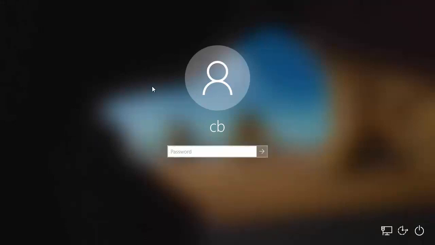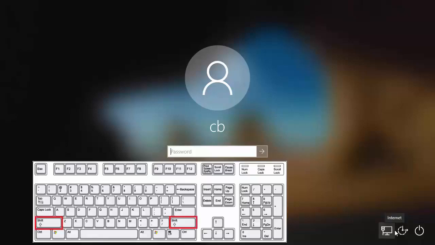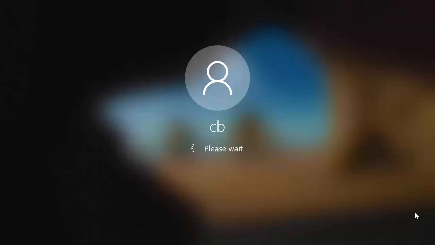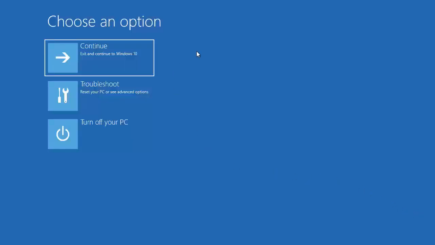So for that, most probably you will see this window when you start your Windows operating system. On the login window, you will be able to see these options at the bottom right corner. So what you need to do is just press on the shift key, and then click on the power button here, and then click on the restart button. So press shift key and then click on restart here, which is going to show you this kind of